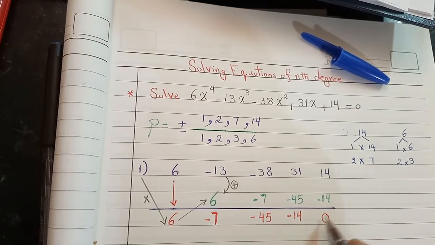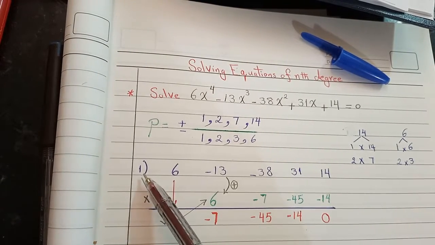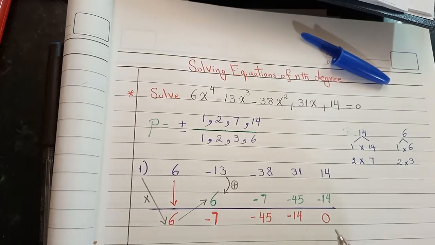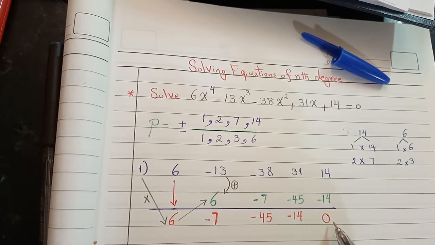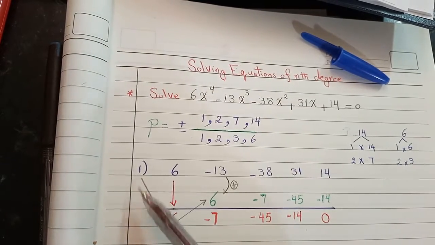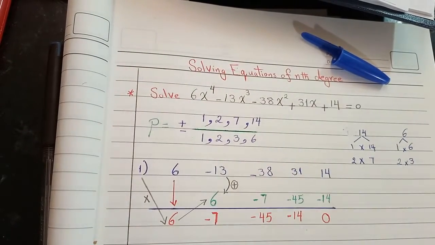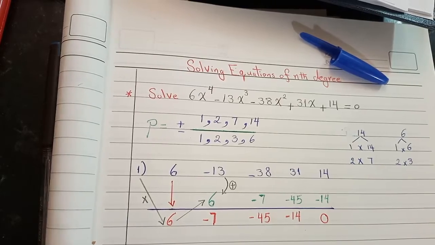Once you get 0, you know that the number you tried is a solution. If 0 exists in the end of your steps, the last step here has to be 0 so that you can say the number you're trying is a solution. So we can say now,